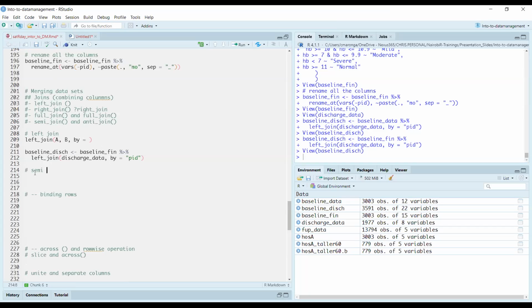So for semi-join, there are two types of joins that you use to merge data. We have this left join, right join, the full join. Those are usually called mutating joins because they alter the dimension of your data set. For instance, I had 15 variables here, but when I did a left join, I ended up with 22 variables because now I have brought in the discharge data. That's why they are called